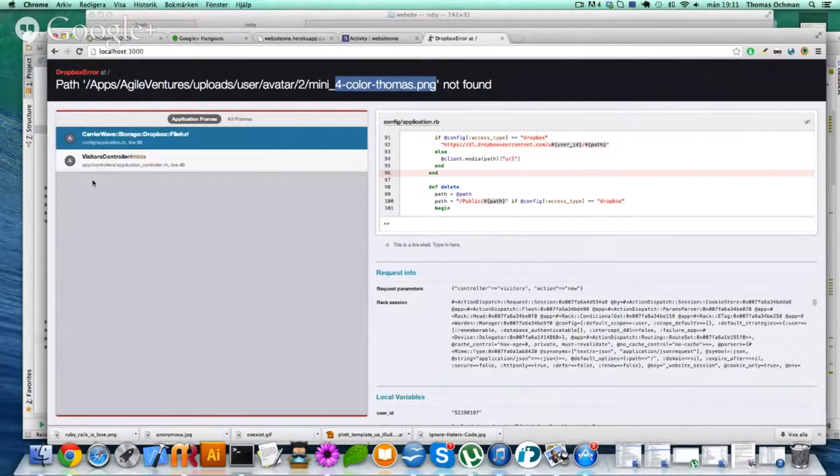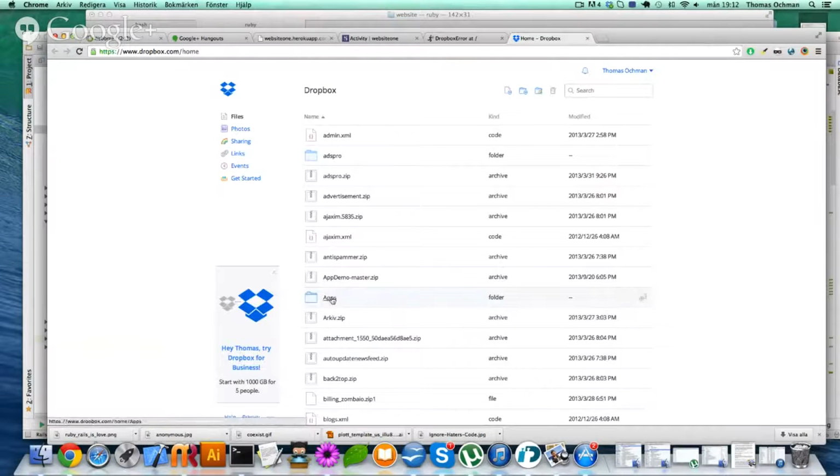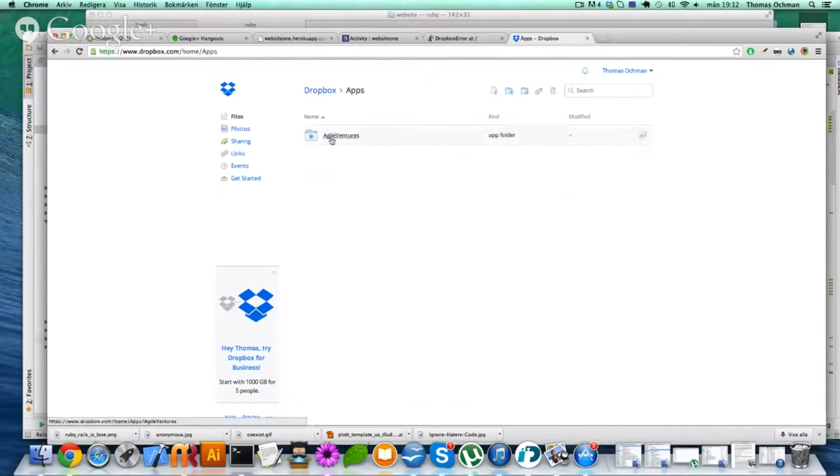Aha. Okay, now this is because we have accessed that folder from two different applications, and when I update,